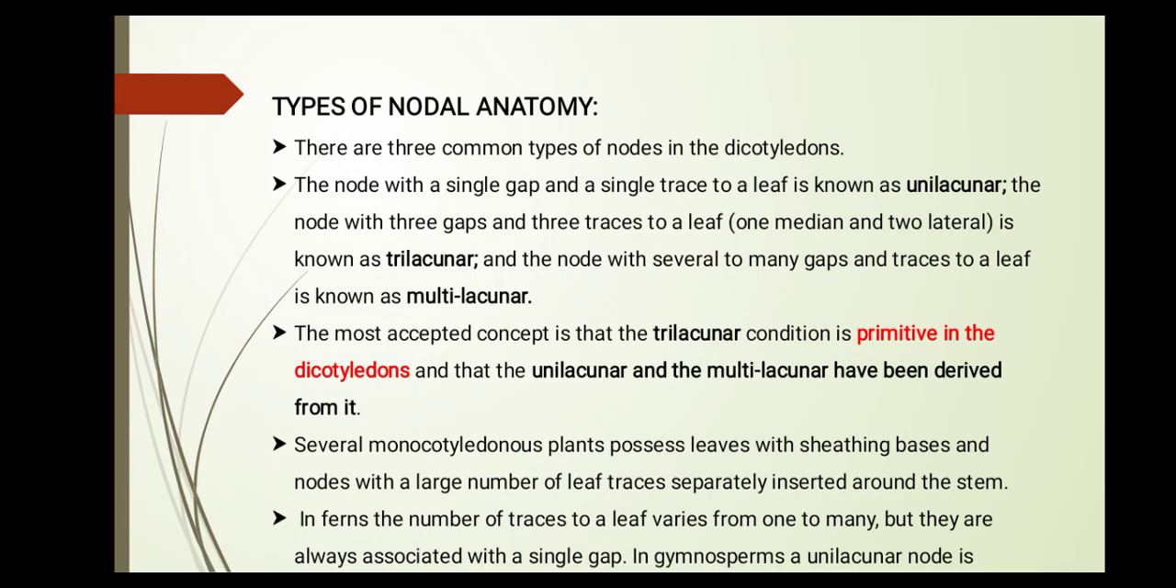Several monocotyledon plants possess leaf sheathing bases, nodes with a large number of leaves separately inserted around the stem. In the ferns, the number of leaf traces to a leaf varies from one to many, but they are always associated with a single gap. In gymnosperms, a unilacunar node is